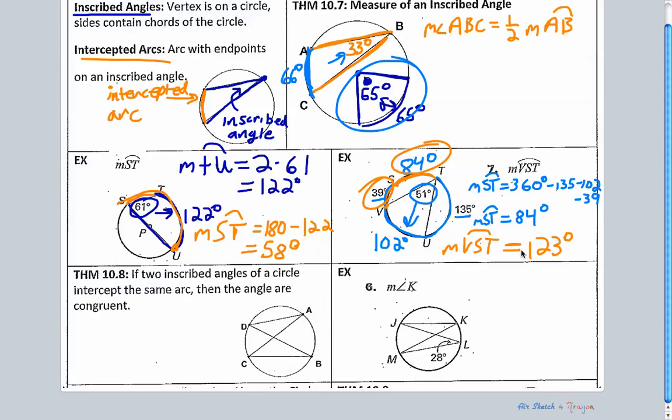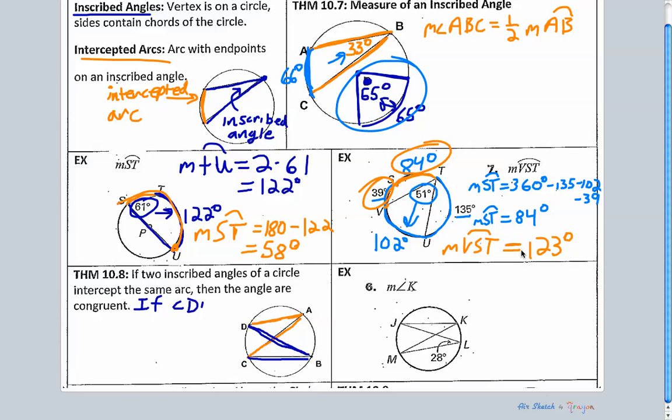Okay, so if I take, and this is very important, if you have highlighters, if you have a marker, if you have colored pencils, anything like that, it's going to be very helpful to see this actually happen. DA and DC intercept this arc here, DC, and I'm going to draw this one in blue. Alright, and what this theorem says is this: if